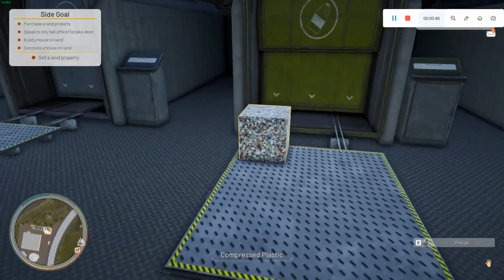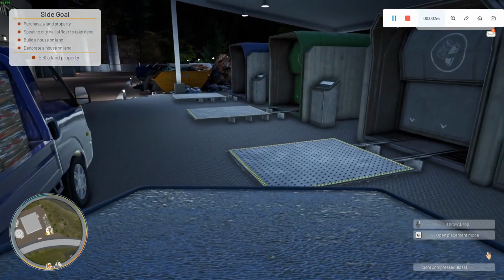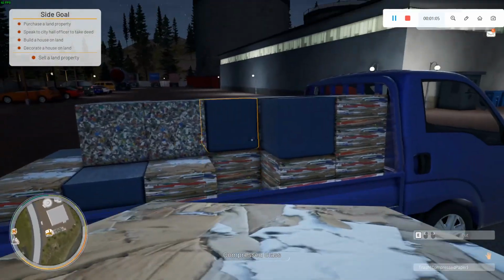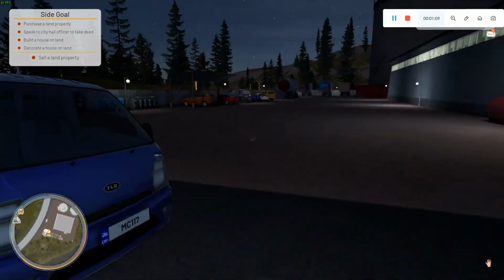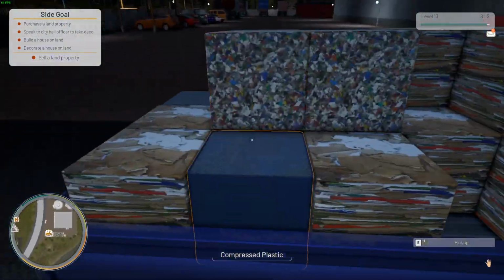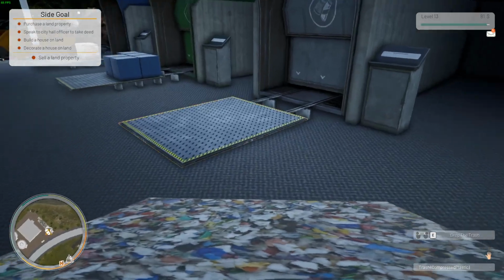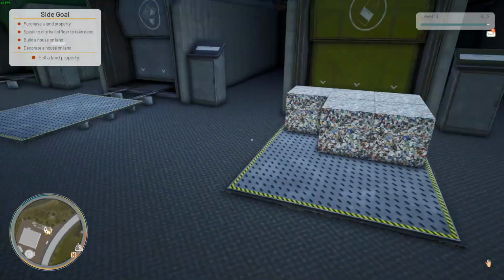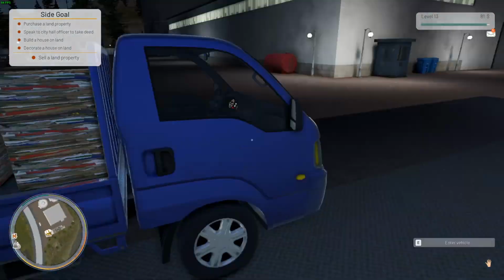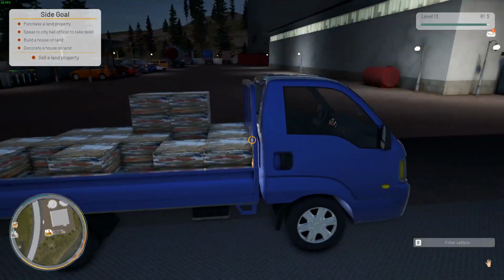Compressed plastic. Okay, this goes here. I just need to get the whole thing unloaded real quick. I need to unload all these big compressed boxes, packages of material that's to be compressed, so I can get it all loaded off real quick. I mean, all this paper here is the blue, because I still had the entirety of the blue stack there. So yeah,